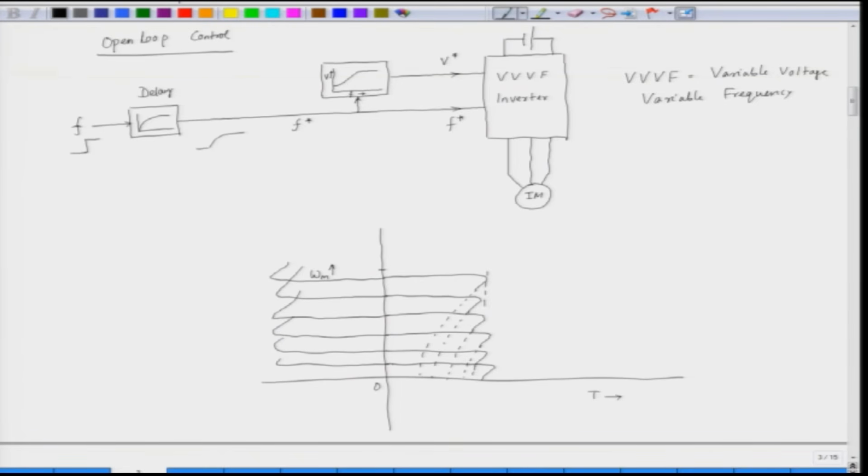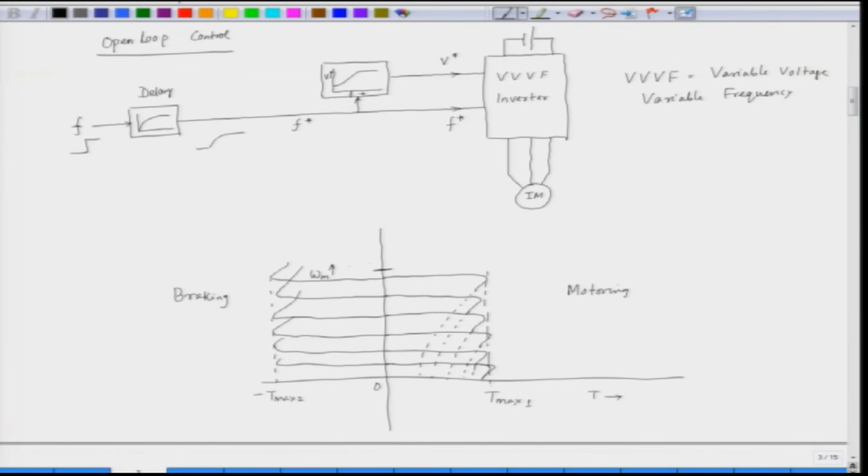So, this is the maximum torque. So, this maximum torque is almost constant here, T max 1, and this is the negative of the maximum torque, minus T max 2. So, this is for the braking or for the generating, because the torque is negative here, and this is for the motoring. So, this is the family of curves when we go for a variable voltage and variable frequency control maintaining V by f constant.